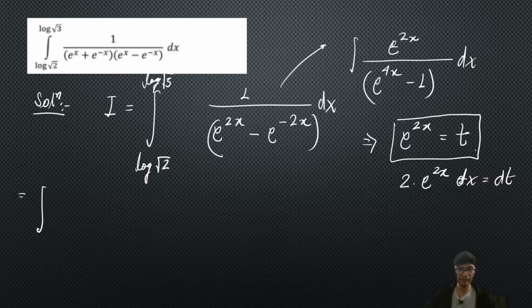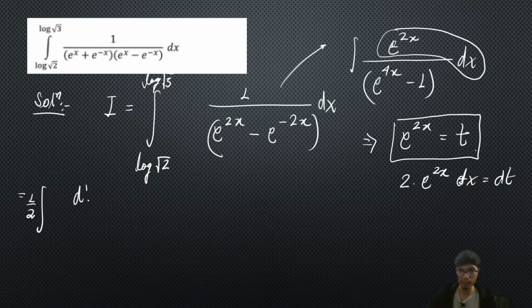So we will simplify it as an integral within the given limit. I am not putting the limit right now. So the substitution will be very simple. Over here I have e to the power 2x dx, right? So e to the power 2x dx is basically dt by 2. So 1 by 2 will come out as a constant, and that is going to be dt divided by, now this is e to the power 4x, that is going to become equal to t square minus 1, right? As simple as that. I'll put the limit later on, or you can put the limit in t also and